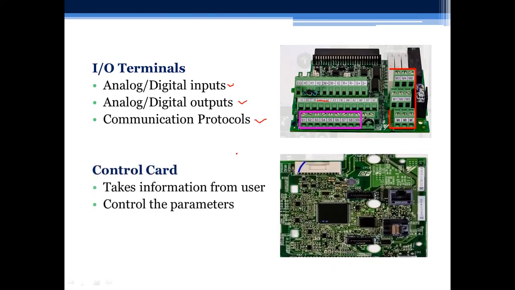Next part of drive is called the brain of the drive, which is called the control card. This control card is going to set required voltage and frequency. Now voltage is a function of duty cycle of the switches which are present inside the inverter, and frequency depends on the total time period taken by each phase to complete its one cycle. So these parameters, V by F, controlling load torque, load speed, load frequency, load voltage, all these things are actually controlled by the user, but the user is going to move some knobs, and these knobs will be controlling this V by F and other parameters together.